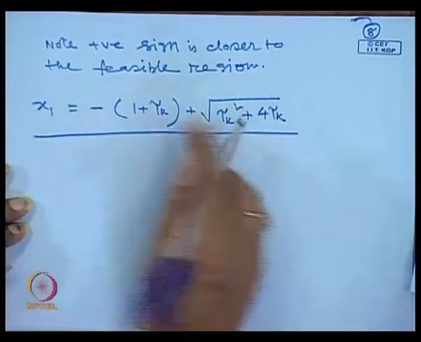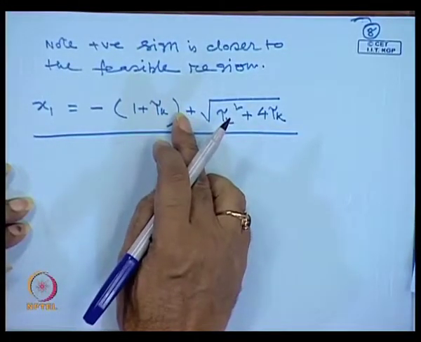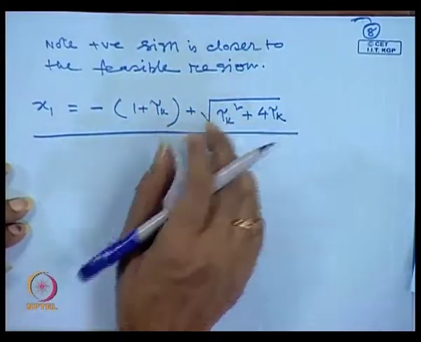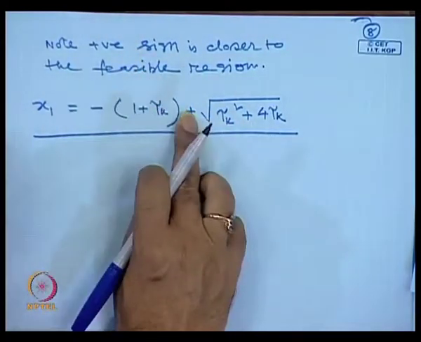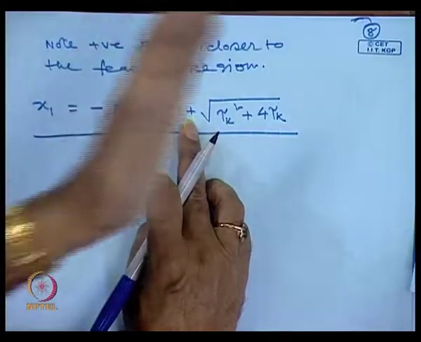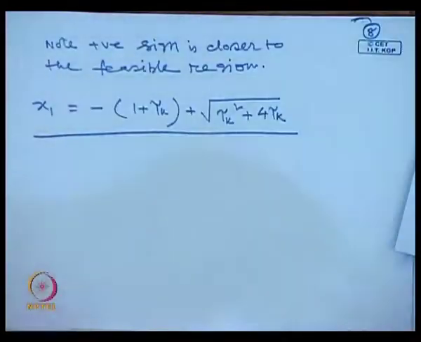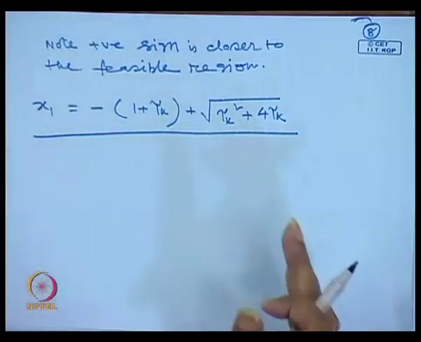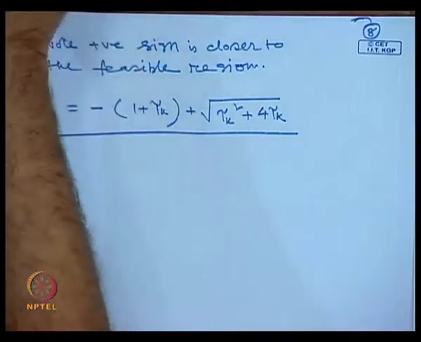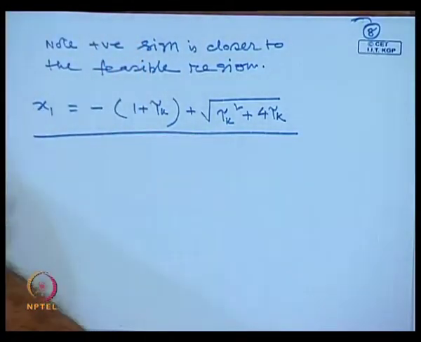So, we have taken tau k in that sense, means the plus sign. If you consider the plus sign, x 1 is closer to the feasible region, rather than if you consider minus sign, it is far away from the feasible region. So, similarly we can do